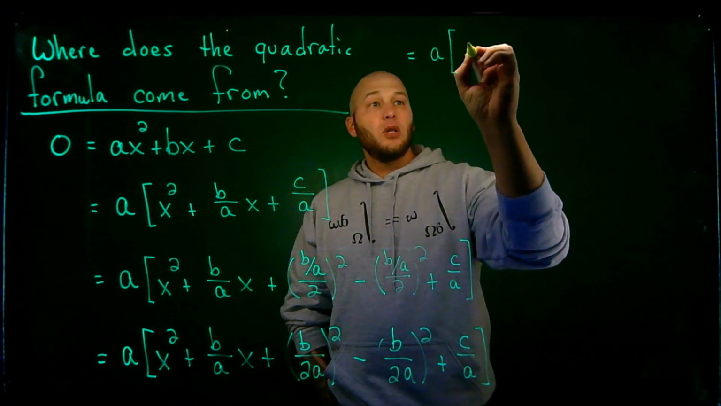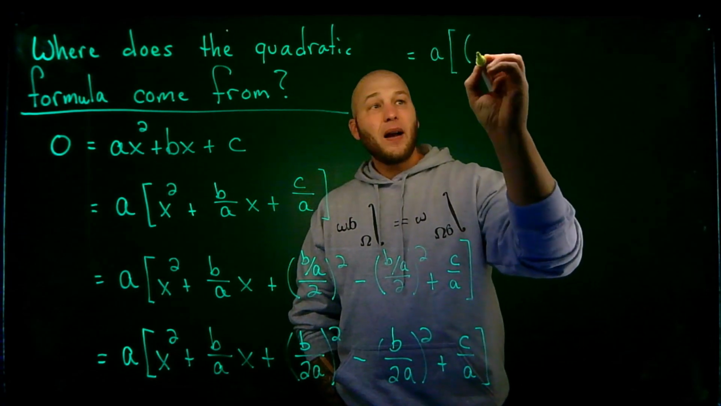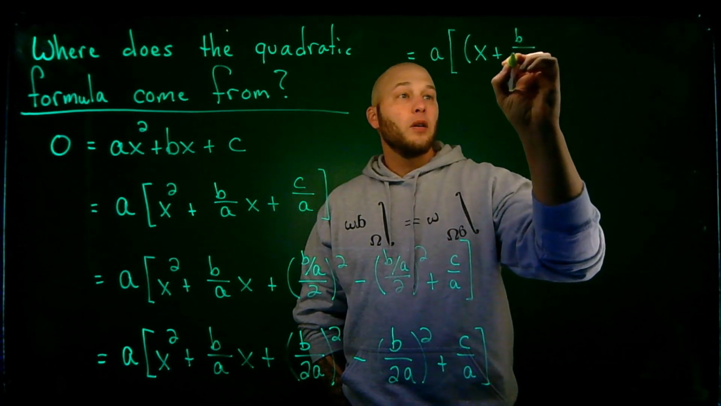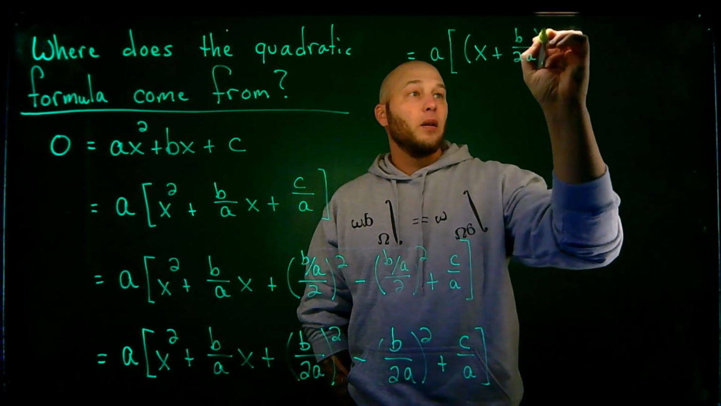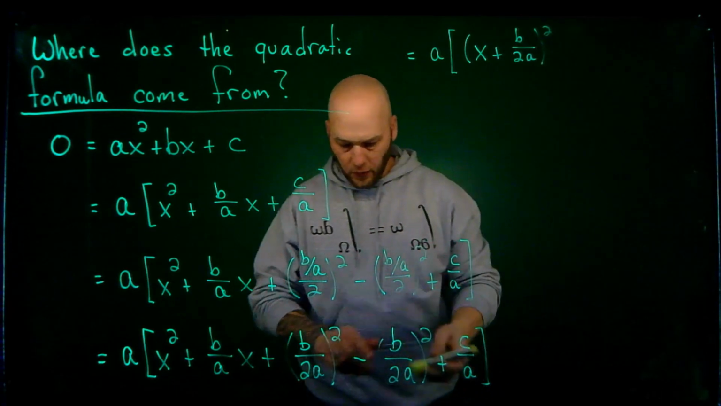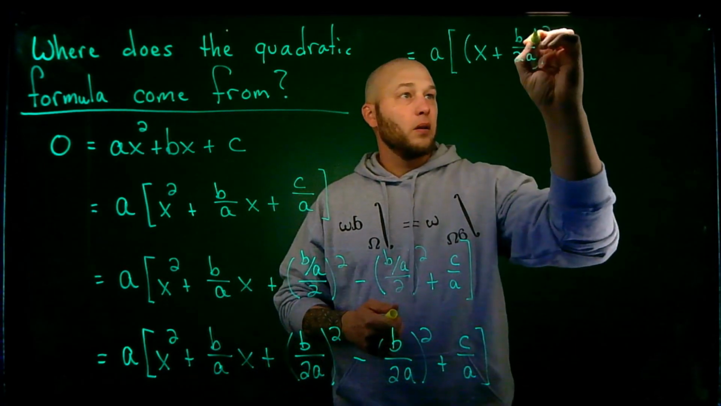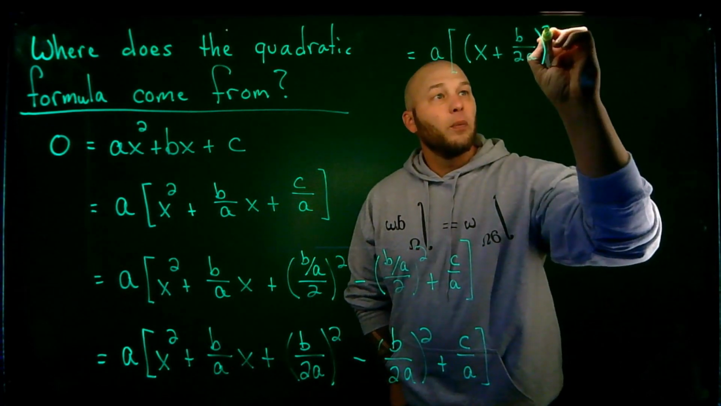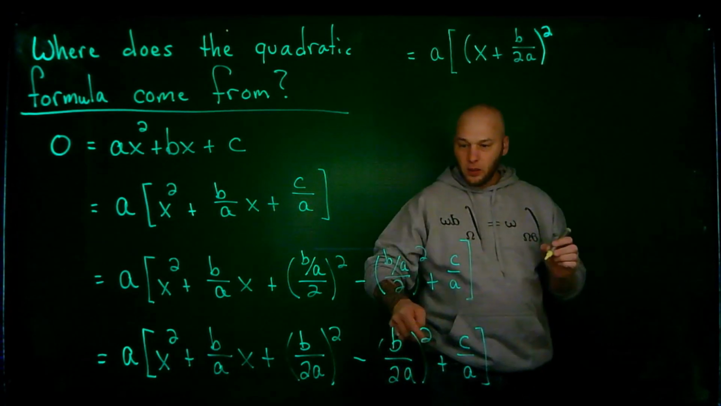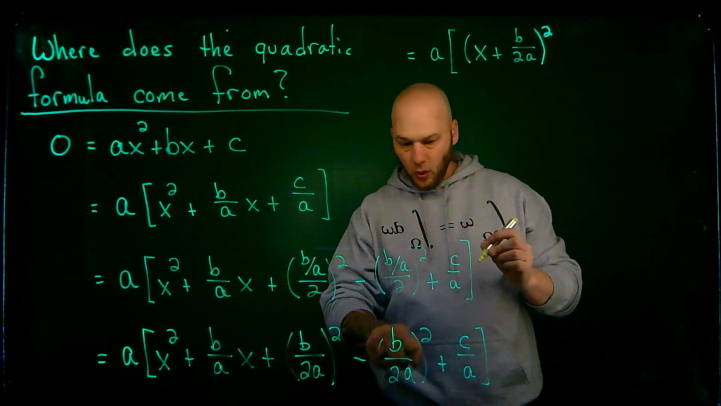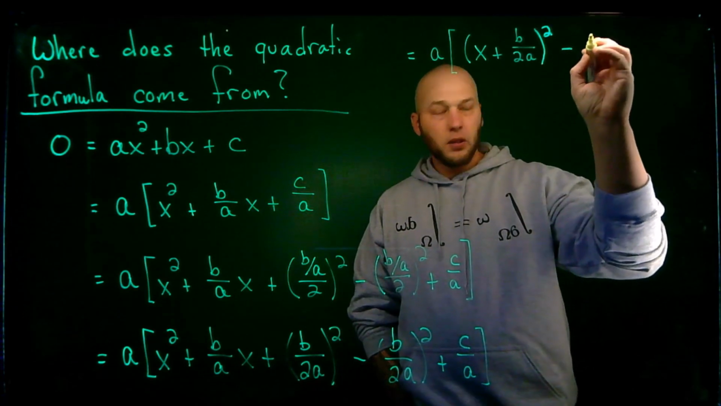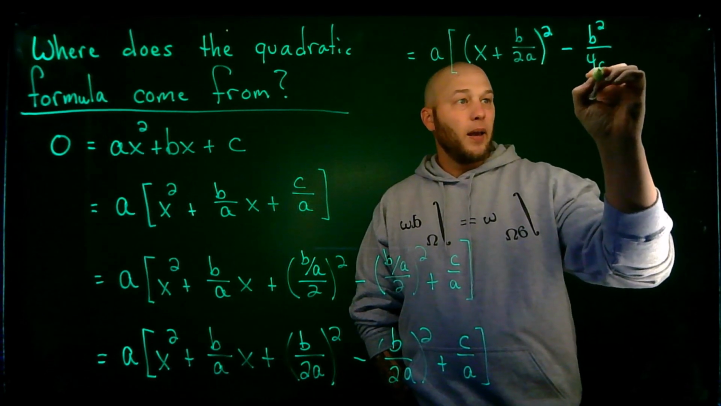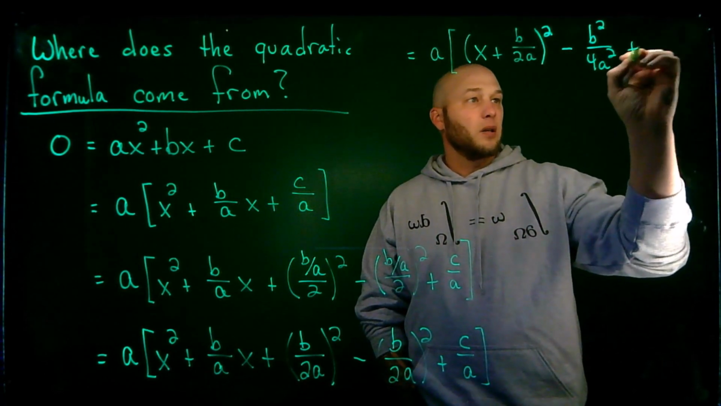That means that those first three terms are going to factor as (x plus b over 2a) squared. Let me see if I've got a different marker of the same color. Let's see if this one works better. I think that one works a little bit better. Okay, and then we are going to subtract the terms on the end. Now (b over 2) squared will be minus b squared over 4a squared, and then this is plus c